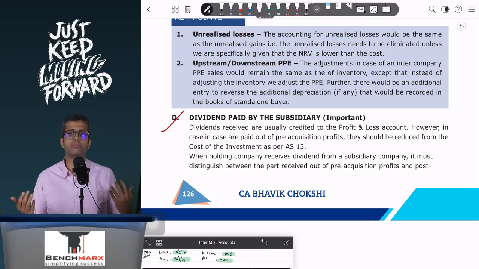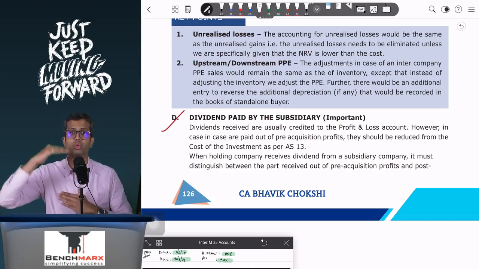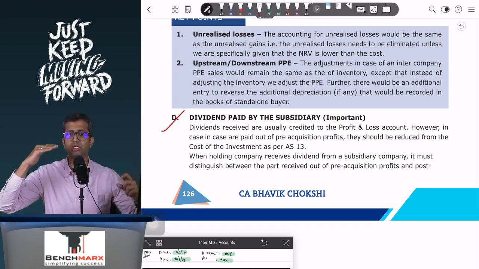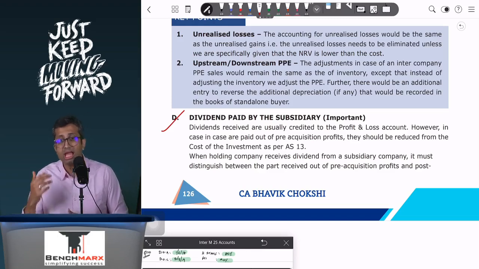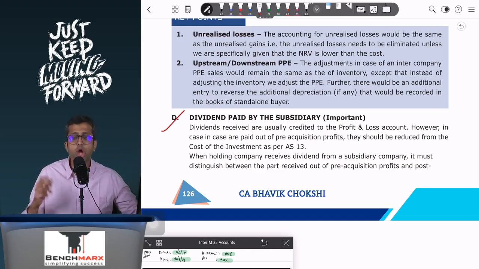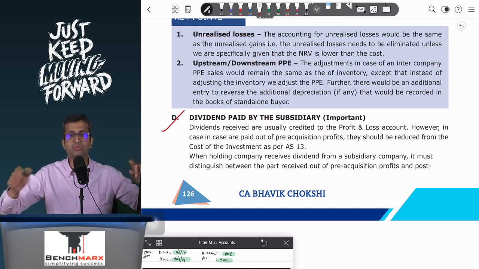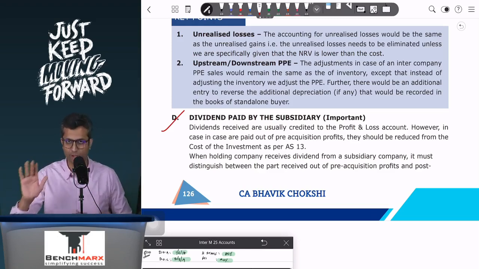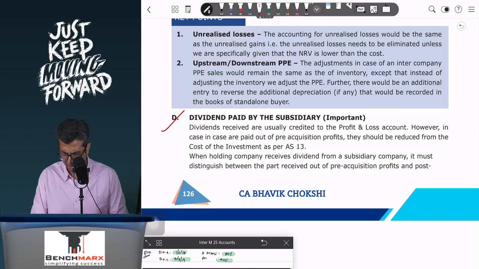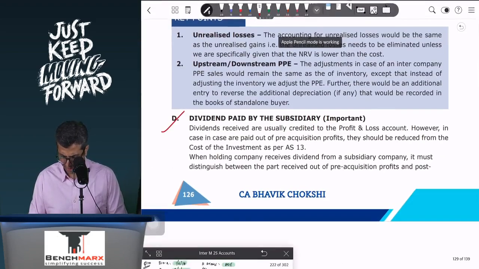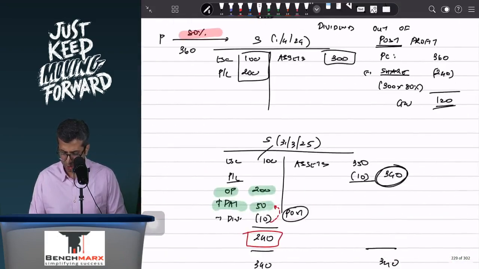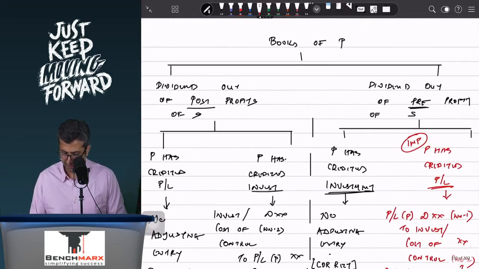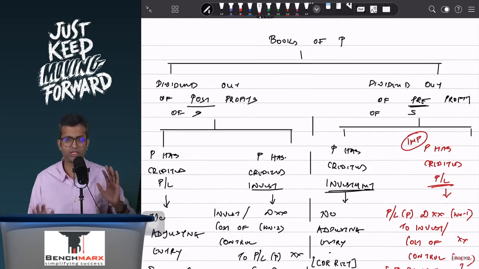In this case, your parent company's P&L is overstated and investment is wrongly stated, and hence you will have to give a rectification effect. The rectification effect over here is the P&L of the parent account debit to investment, and because this is going to go into the investment, it will impact the goodwill as well. So over here, if you have made a chart for this, when you look at dividend in the books of the parent, if I pull up this chart, in the books of the parent,